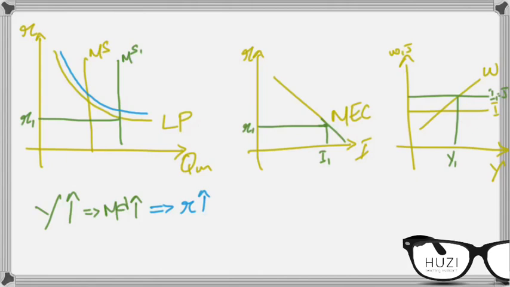So the new interest rate will actually be this one, right? And if that's the case, investments will fall a little because of a partial rise in interest rates due to an outward shift